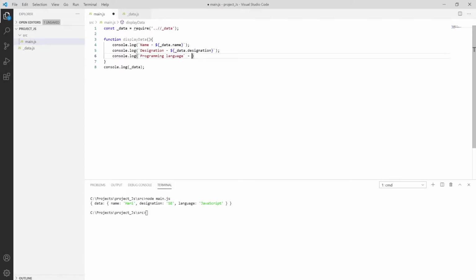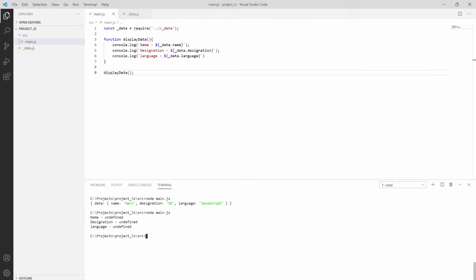You can put language instead of programming, simply the language in which we are writing things. Inside the braces I write dollar and then _data.language, and save it. Then just call this displayData function, save it, and try to run this file.